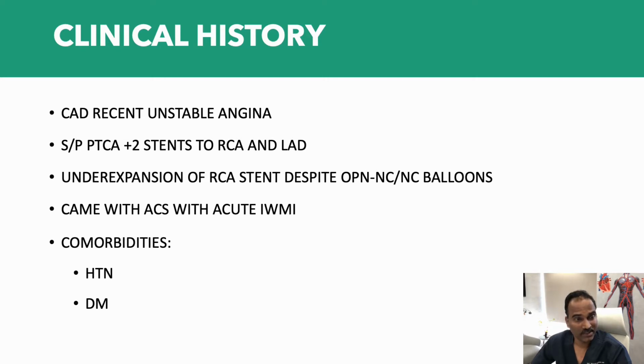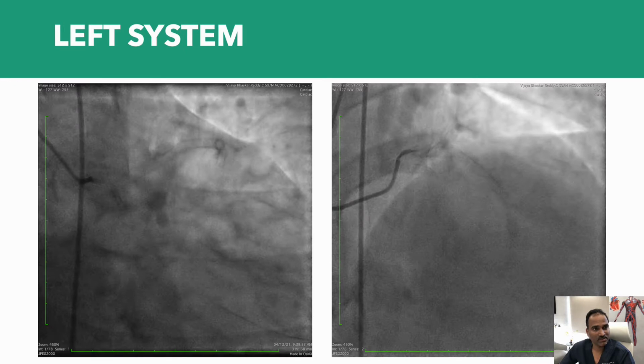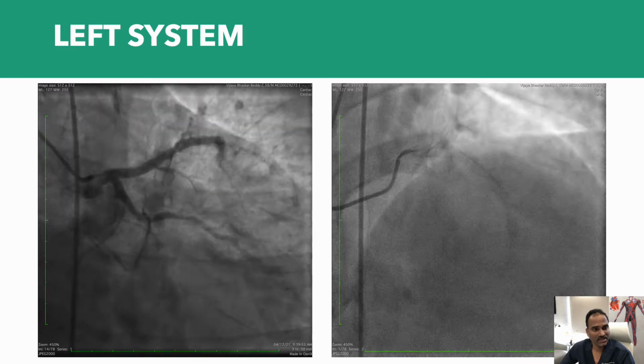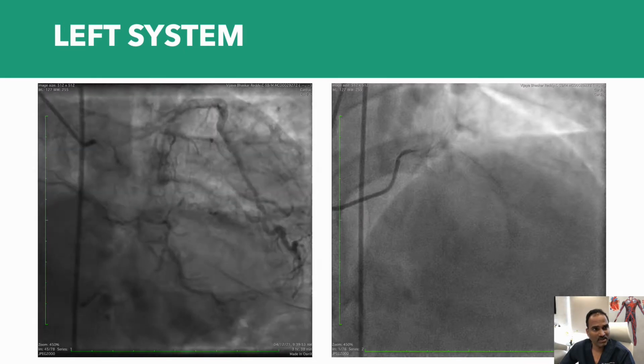And he came to our emergency department with an acute coronary syndrome, acute inferior MI. He had comorbidities of hypertension and diabetes. So when he came to us, he came with an acute inferior MI. You can see this is the angiogram showing